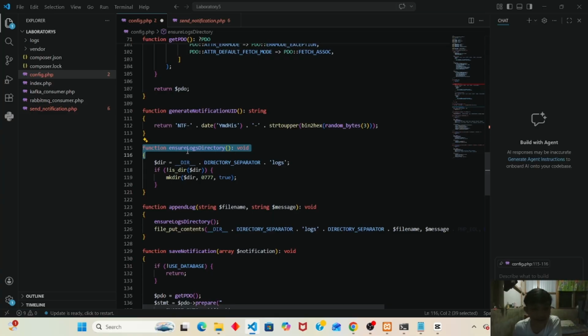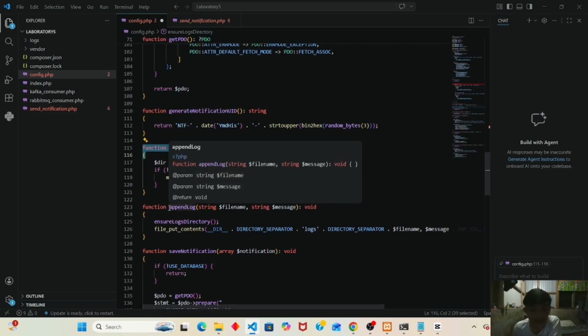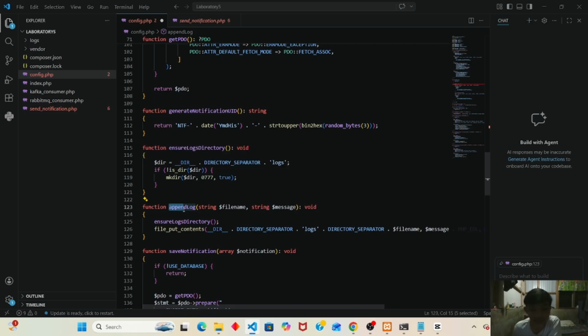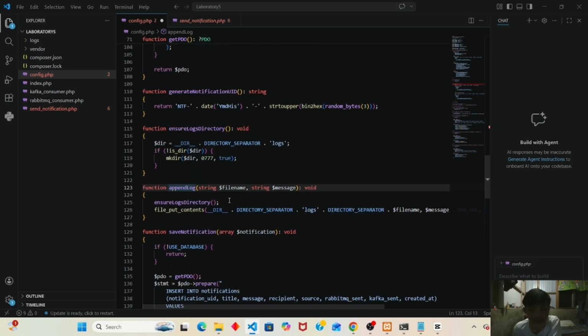So we have here ensure logs directory, append log, save notification. This creates the logs folder if not existing. So in append log, it writes messages into log files and it works even without a database. So it is a backup tracking system.